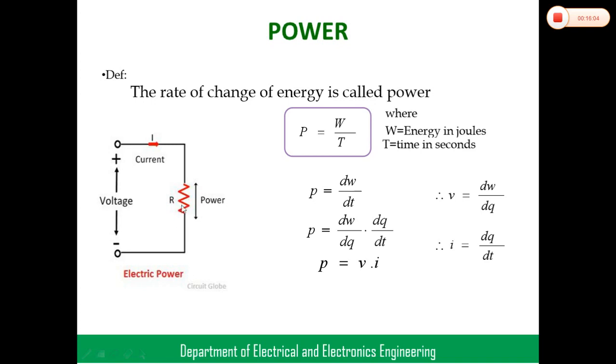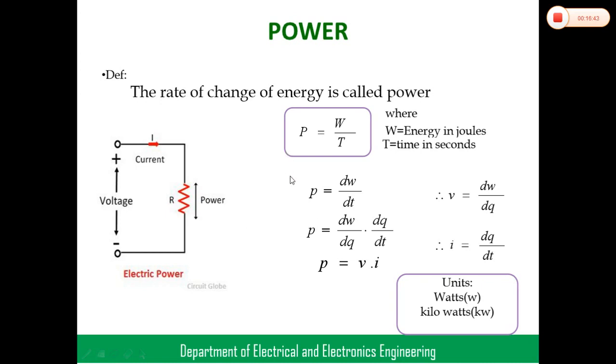There will be some voltage drop across the resistance, because every device requires some voltage V, and the current passing through the circuit is I. So the power consumed by the resistance is P equal to VI. We will discuss this briefly in the resistance topic. Every device requires power, not just voltage and current.